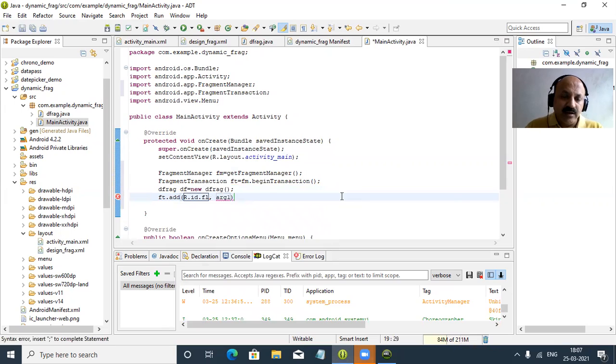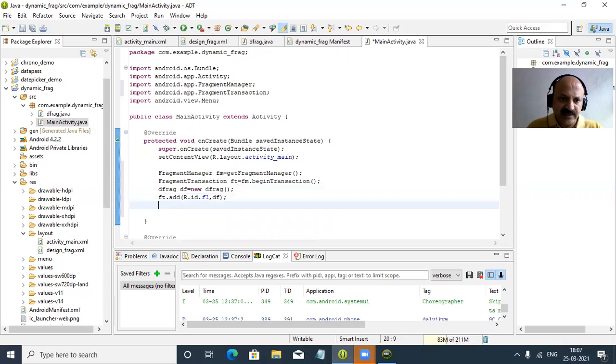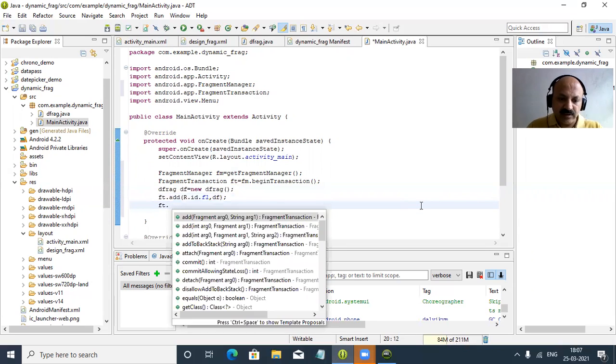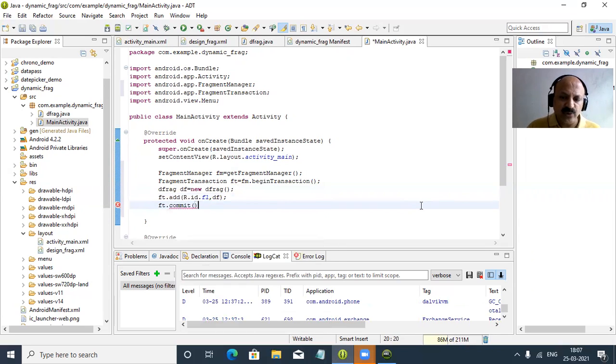Then argument 2 is passed to our class file object, fd, the dynamic fragment. You can look here, fd is our Java file object. And now what to do? That is ft.commit. Commit means save. So it is complete. Only 5 lines of coding.